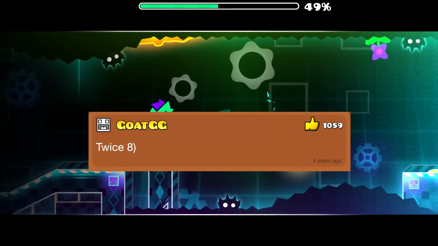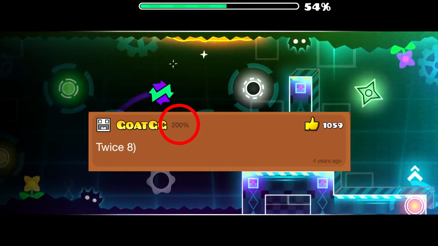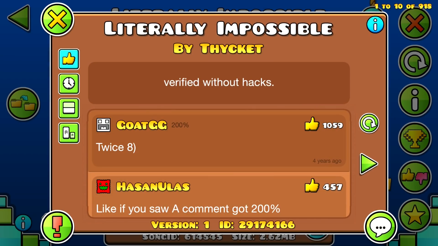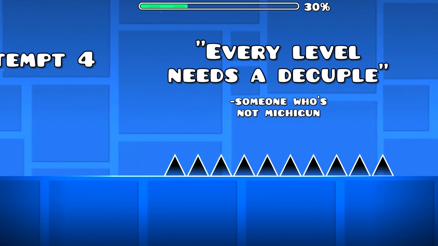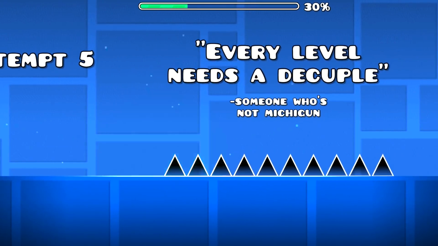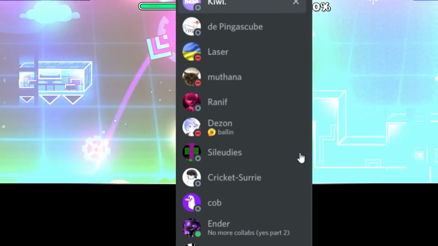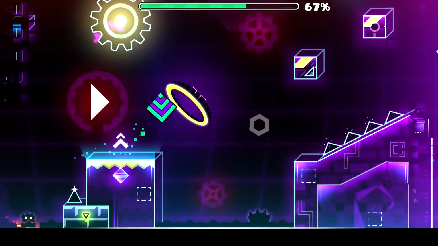The first one being just a mere comment. It's not a comment in this level that's auto, and if you look at the percentage on the comment, you know why. The guy who apparently beat this level has 200% on it. The thing that makes this even weirder is that he doesn't seem to be hacking, so this must be an incredibly rare visual glitch. It maybe means he had beaten the level before and then the game counted it as beating 2 levels at once or something. Nobody that I know of has been able to explain what happened to this person here, but this is not the only case, since I saw this happen to another comment too, but I sadly couldn't locate that one.